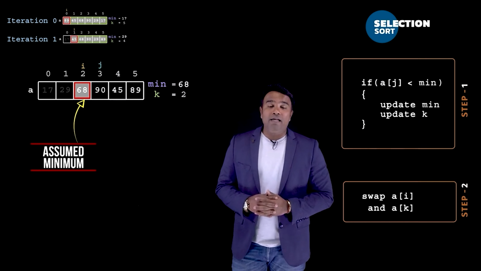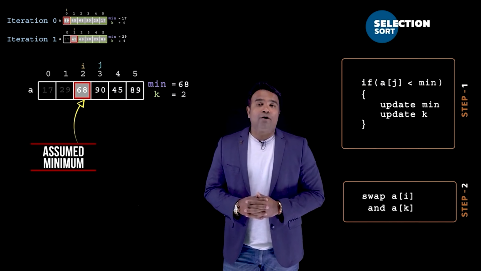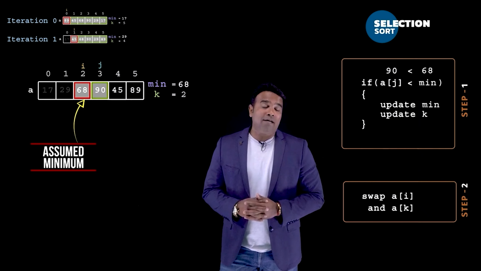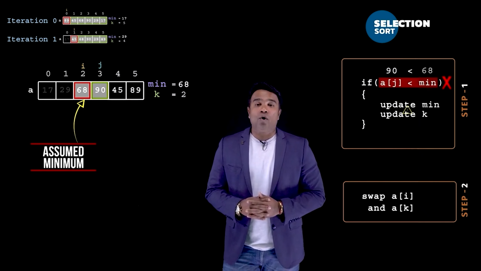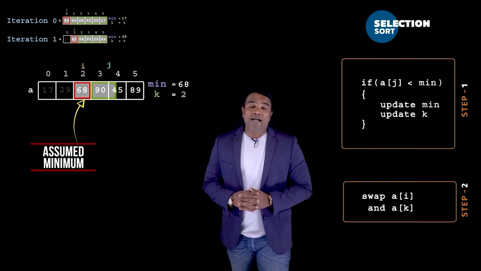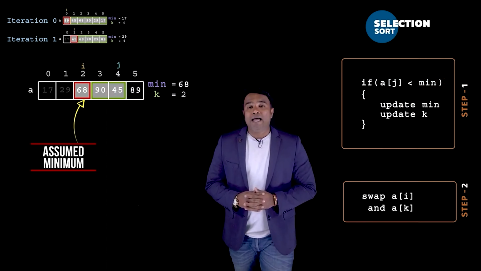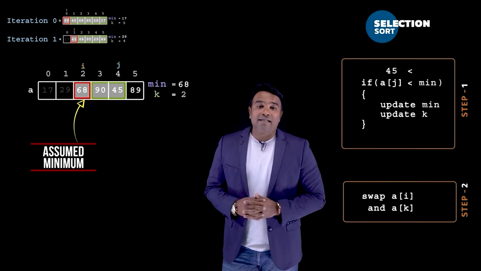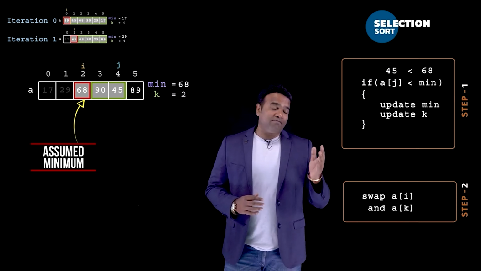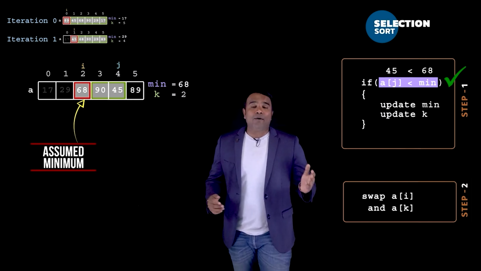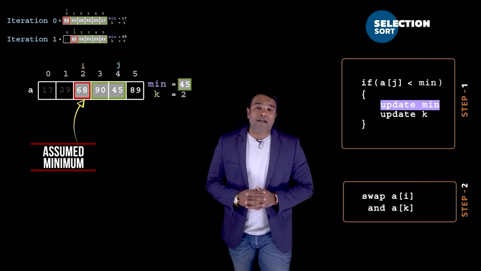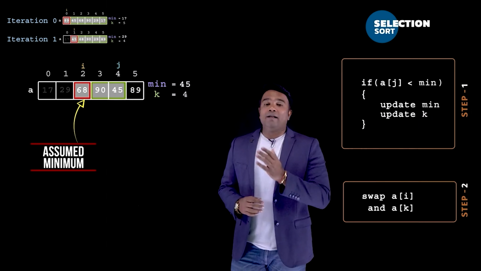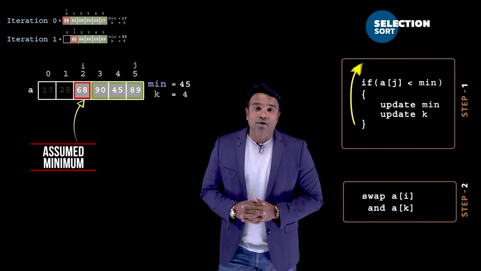You know that each time I'll have to compare a of j with min. For the time being, my a of j happens to be 90 and it's not lesser than minimum, so I will just have to proceed ahead, and this time my a of j happens to be 45, and 45 certainly is lesser than my minimum 68, which means the condition is satisfied, and hence I would be updating both my min as well as k to 45 and 4, and then I will increment j and proceed to the next